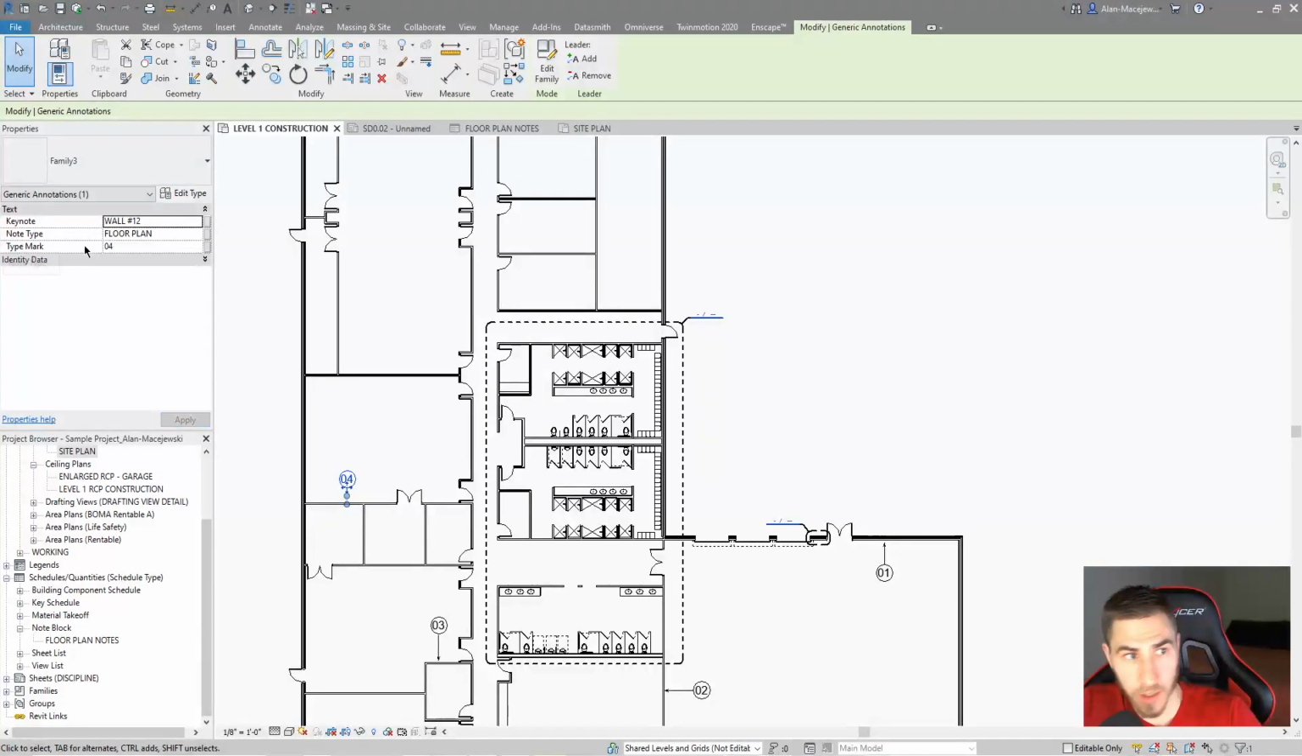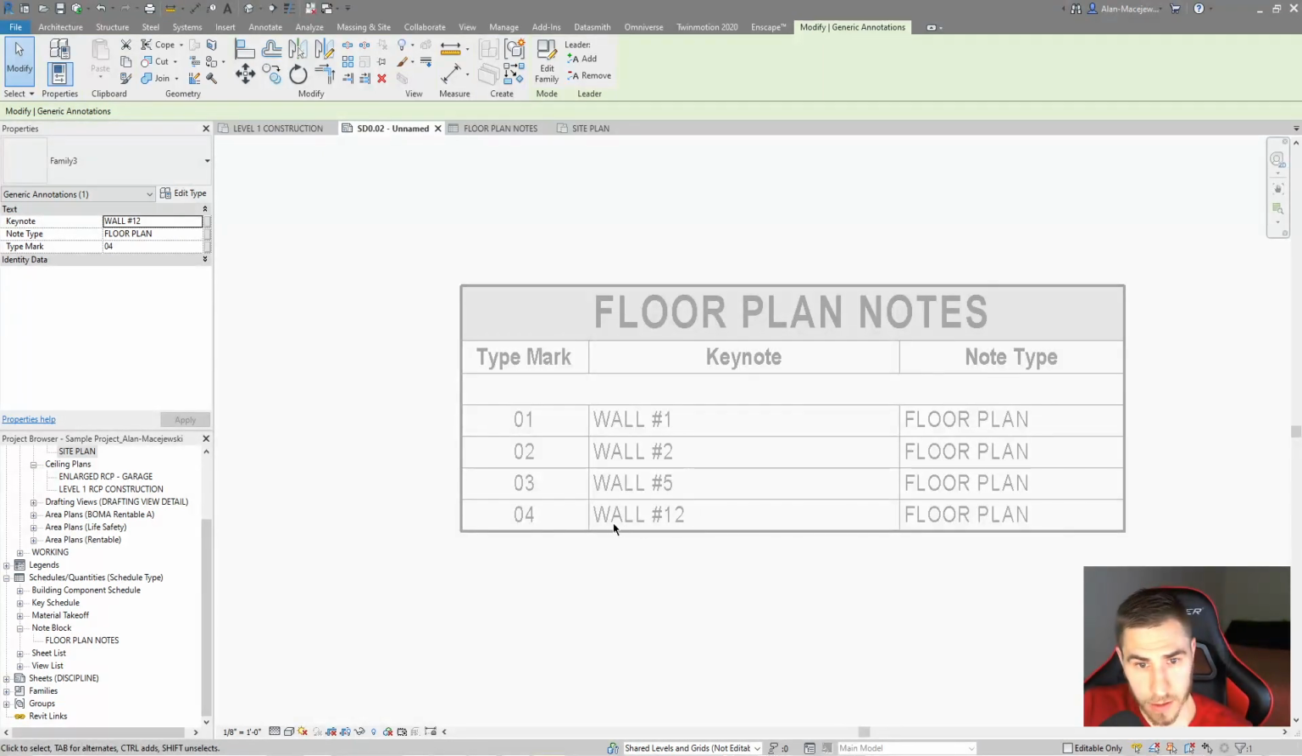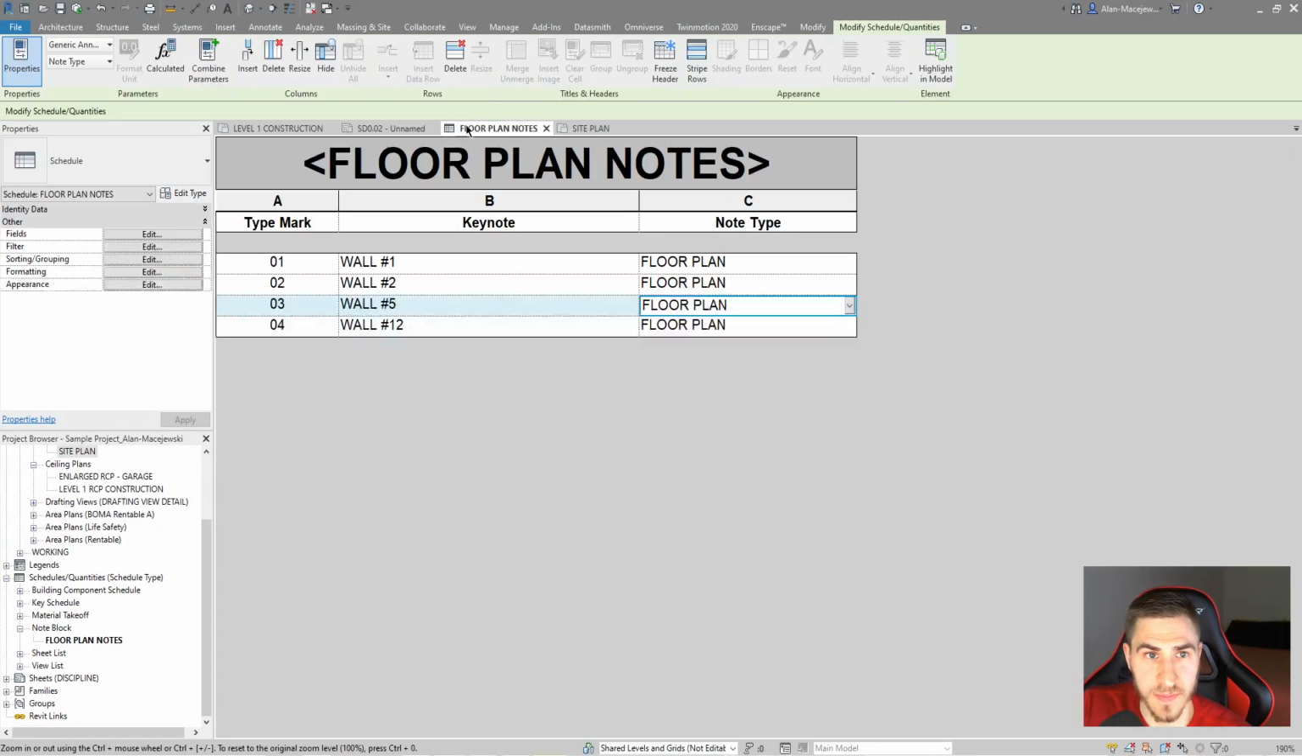And again, I still have my note type as floor plan. And I come over here and I can see, yep, there's my wall number 12, keynote number 4. Great. That's cool. So I'll rename this to number, rename this to keynote, whatever. Cool. Like this is a good looking schedule. Now,